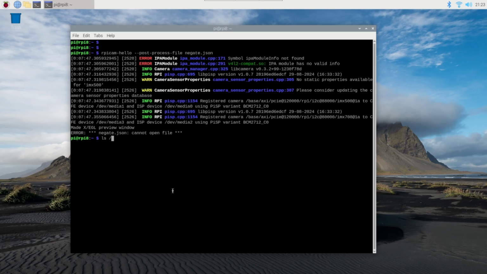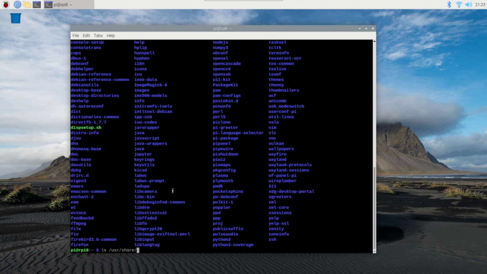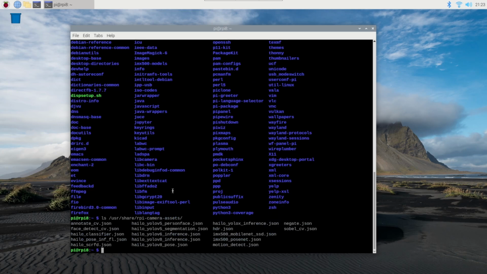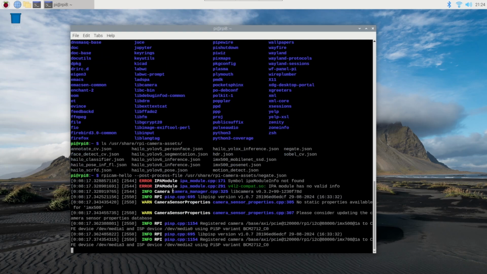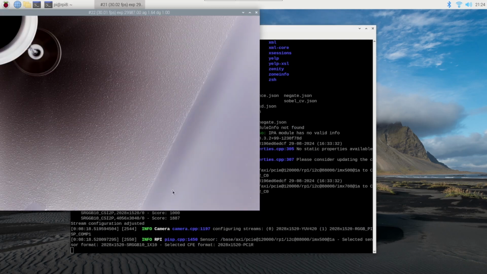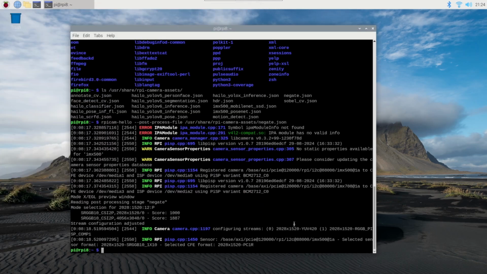So the full path is /usr/share/rpi-camera-assets/negate.json. Then it'll be able to find that post-processing, and what you see is it has inverted every pixel